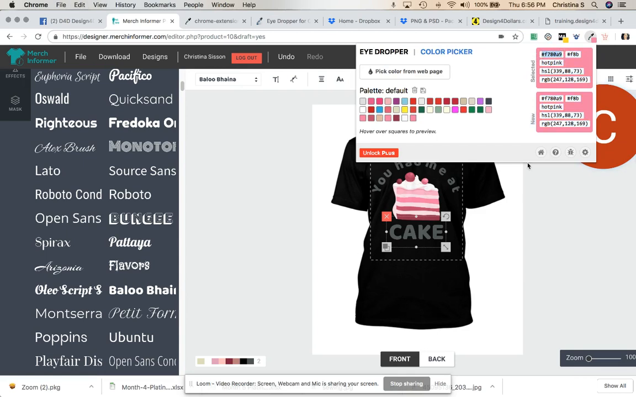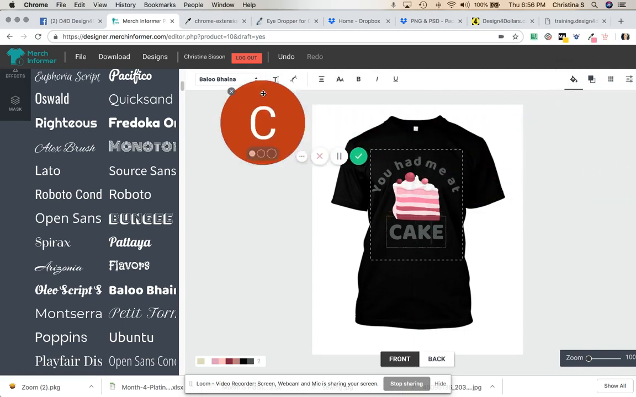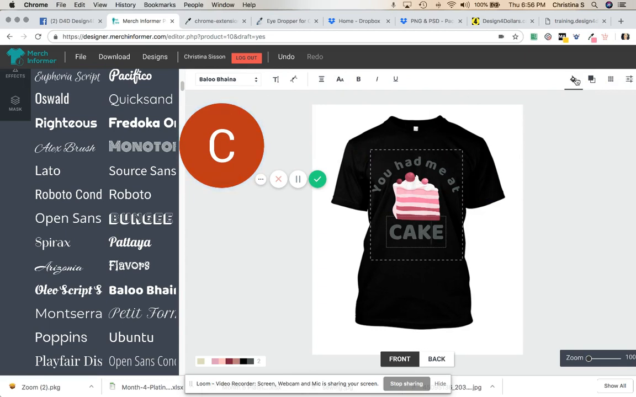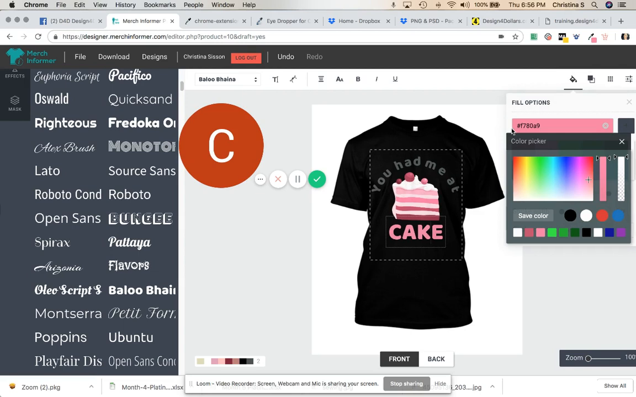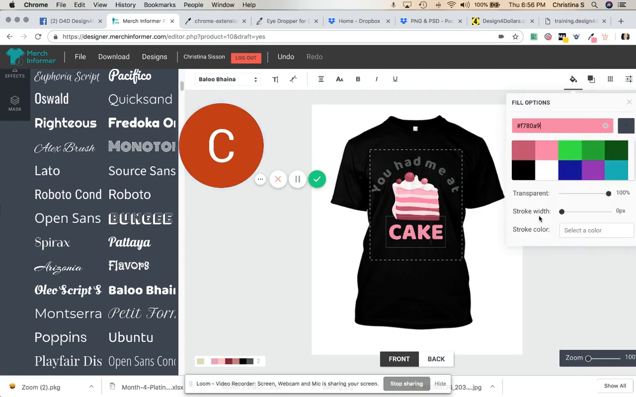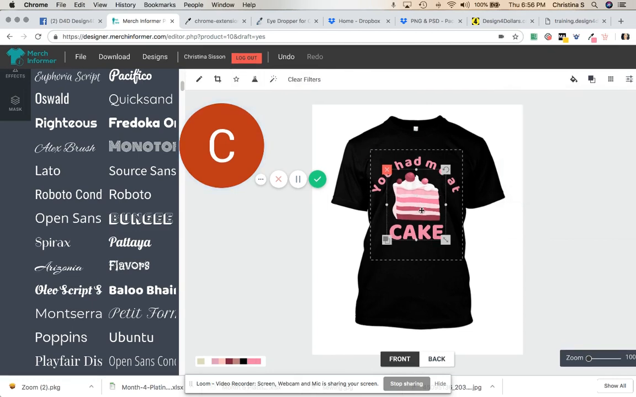I'm literally just going to come up here and copy it. I'm going to select that. Let's move this again. I'm going to paste it here. It's going to make that color. I'm going to save that color. I'm going to come up here, do the same thing. And I think it was that color. Yep. Okay. And then I'm going to also